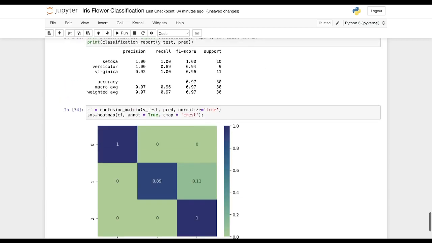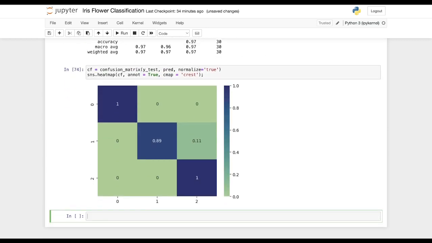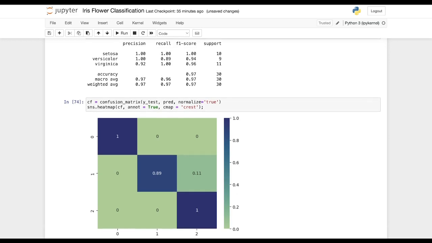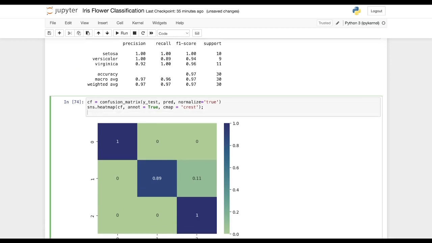This is our confusion matrix, and as you can see, just take a look at diagonal values, which are basically for correct predictions. So the 100% prediction for the first class and for the third class, which is the setosa and virginica, and 89% for class versicolor. On the x-axis, we'll just plot the labels here.